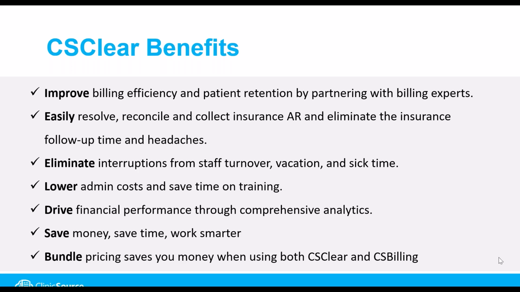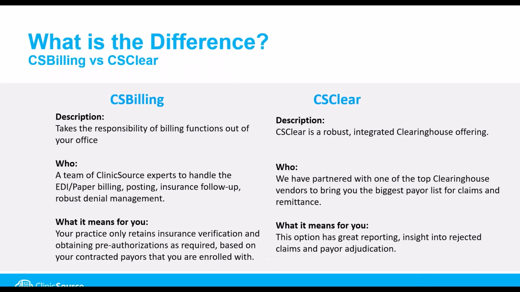So the bundle pricing is going to save you money. And that's always a key when you're running a business and organization: how do we save money? And when you do CSClear and CSBilling together, we actually do have some bundle pricing with those two. Great. Thank you, Leo. All right, so now,